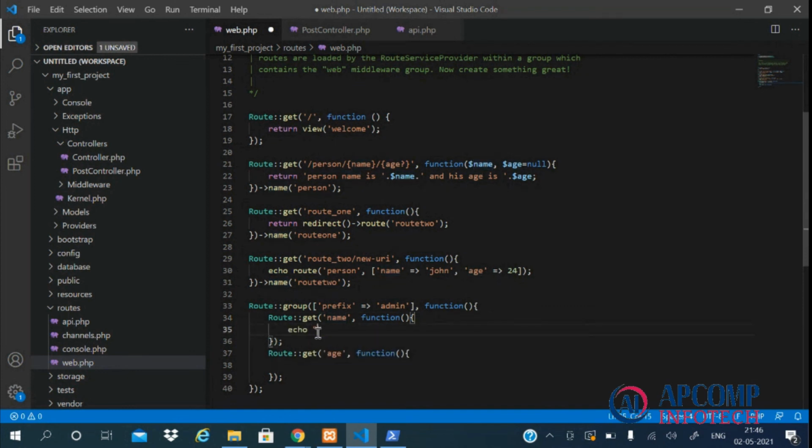Echo admin name here, and let's echo admin age here.